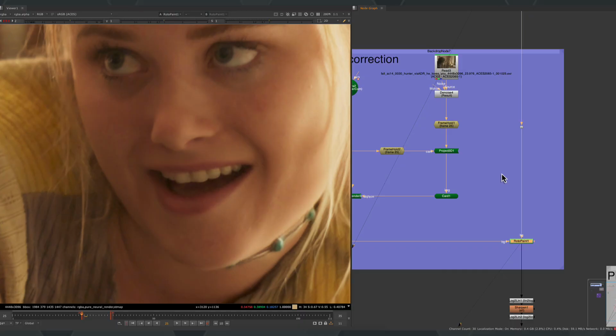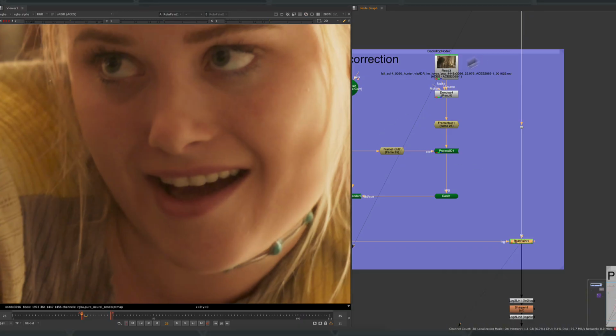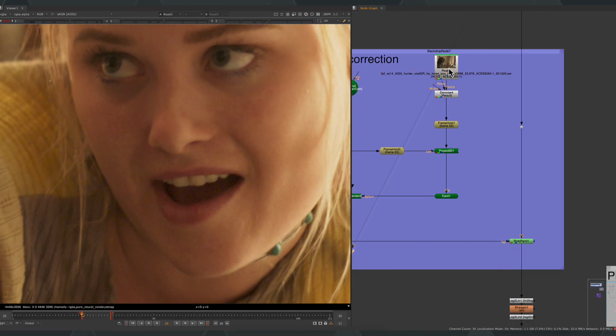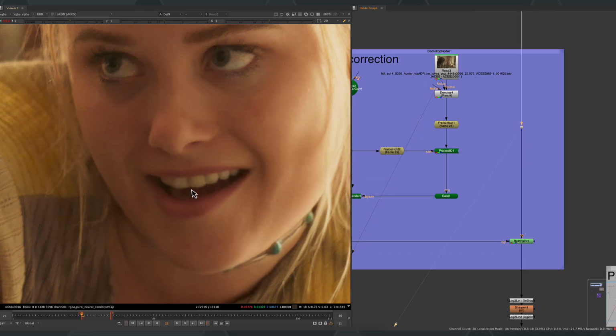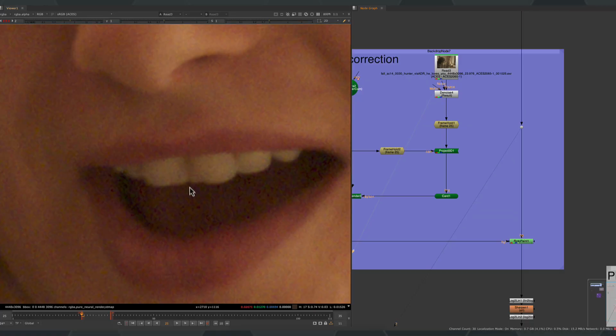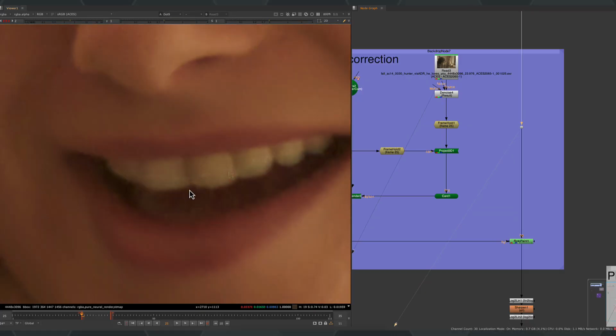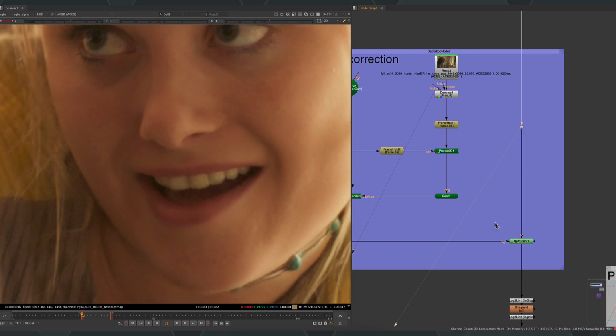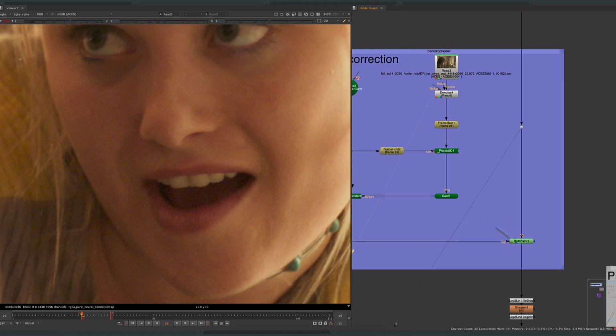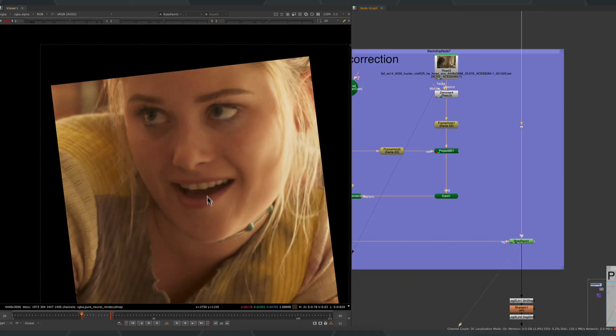One other benefit of doing this work is that if you change your facial expression, your top teeth don't tend to move because they're locked to your skull. So here's the original footage, and here was the output we got from Deep Editor. The teeth are very close, but there is a visible difference in that teeth position. But then if we look at the plate, and then after we've done the teeth cleanup, you can see that the teeth now actually match where they should be.